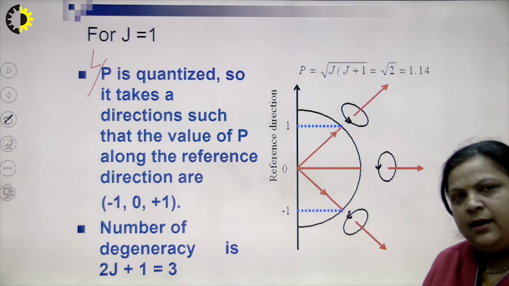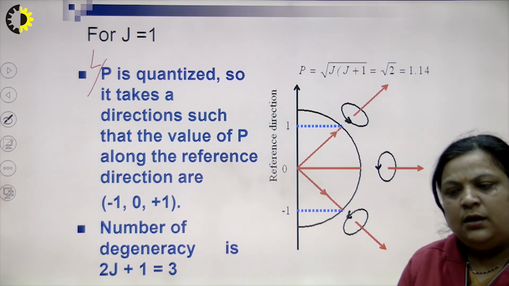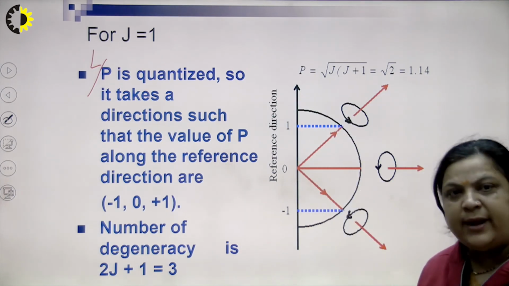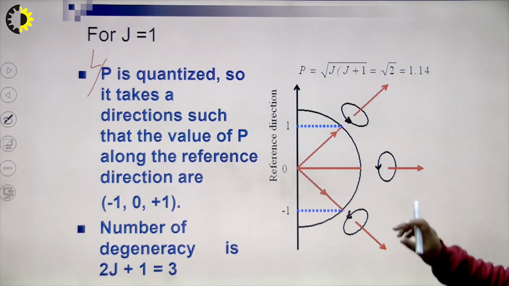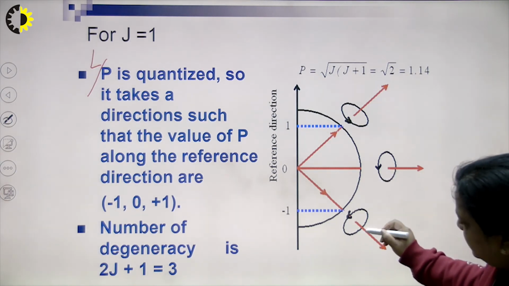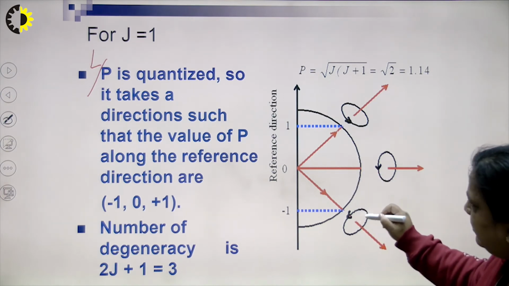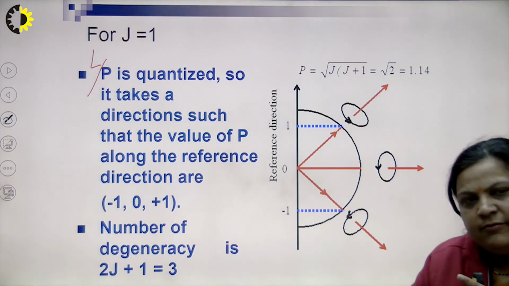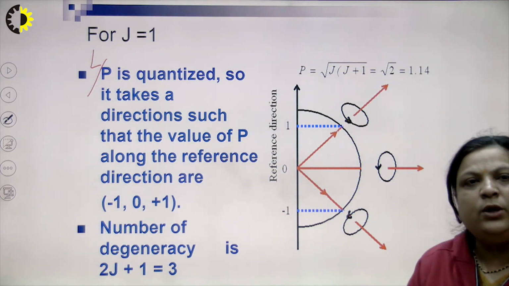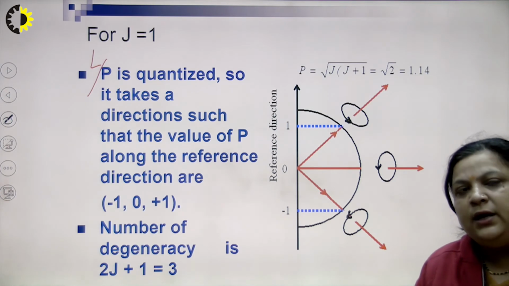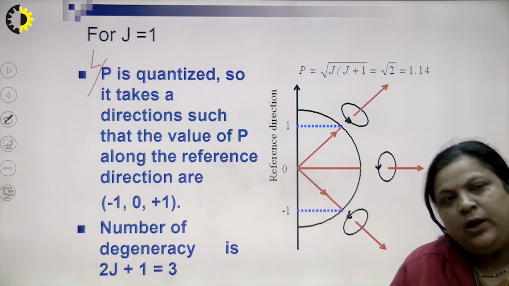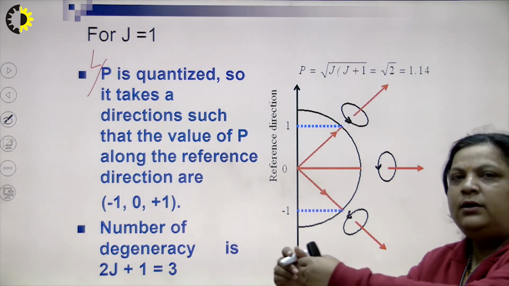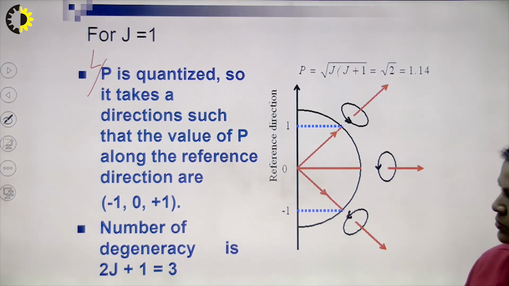So, it takes direction with reference to both axes, that is plus 1 and minus 1, and when we see that the rotation along this, minus 1 is possible, 0 and then plus 1. So, there is the degeneracy minus 1, 0, plus 1, which is equal to 3, just like the angular quantum number. In the angular quantum number, we see that the value of m starts from minus 1, then 0, up to plus 1.